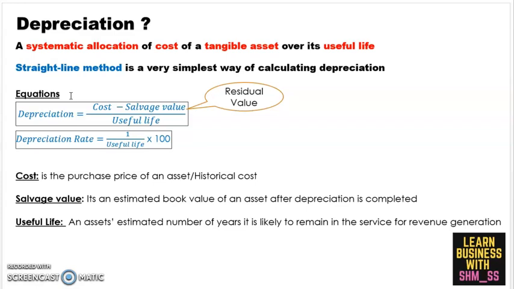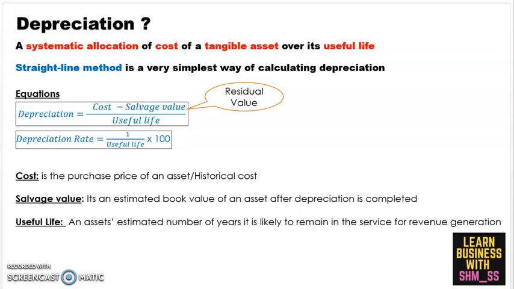Now let us go to our topic. Straight line method of depreciation is a very easy and simplest way of calculating depreciation for accountants, and this is a very popular method that is being used around the world in most of the companies. So with regards to the straight line method of depreciation, let us see the equations that are involved in calculating those